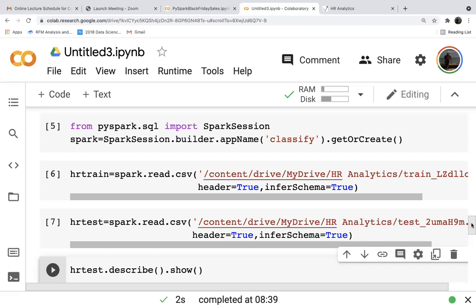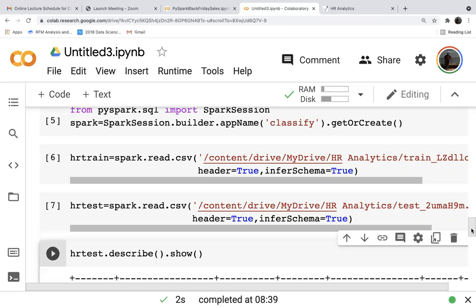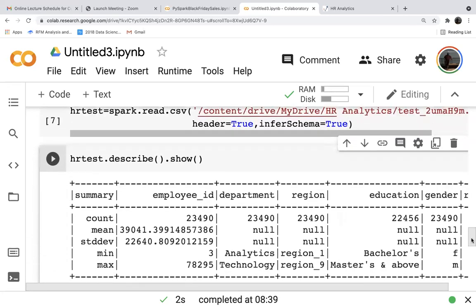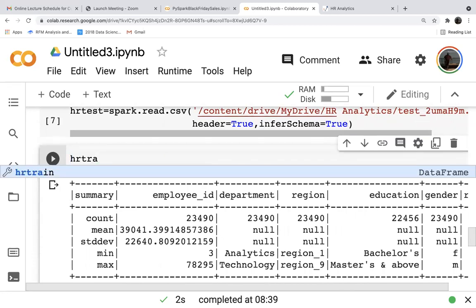Okay. So all of you have imported the data. Yes, sir. So we found out that education and previous year ratings have missing values from the describe function itself. Let us fill them. I believe you all understand the missing value treatment as of now.